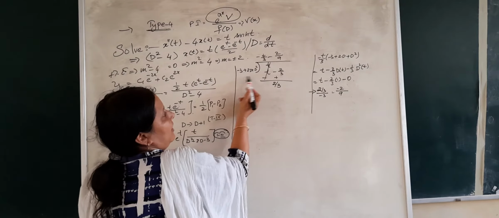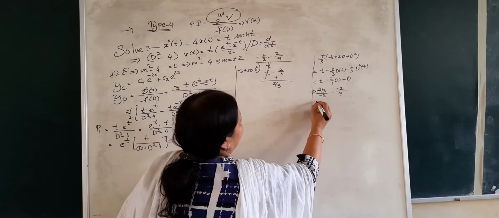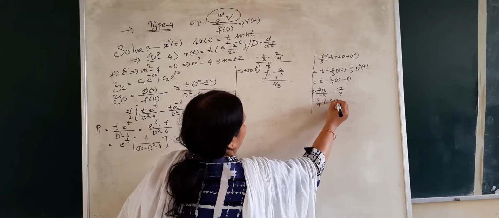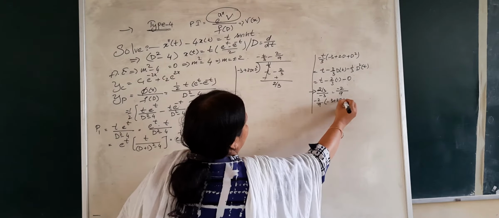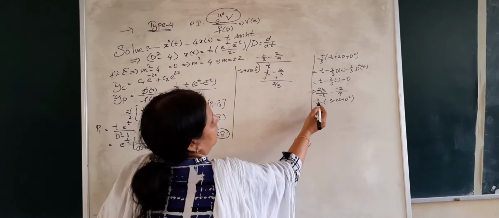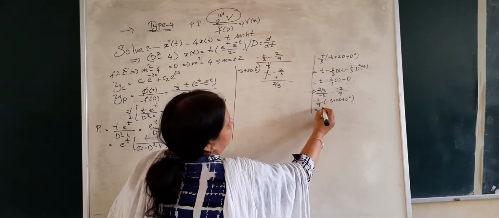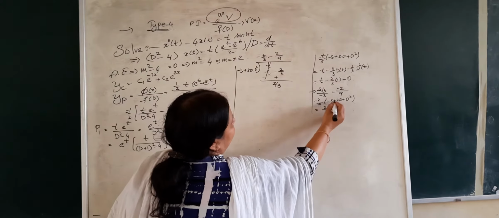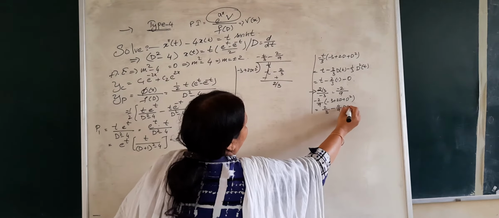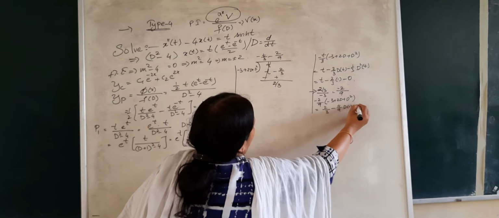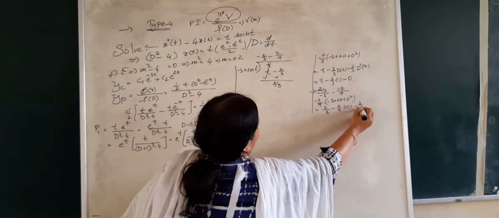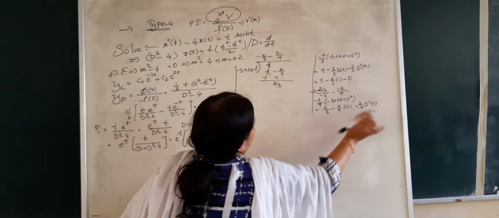Multiplying minus 2 by 9 with all the 3 terms here, we get minus 2 by 9 times minus 3 plus 2d plus d square. Simplify here: this is going to become plus 2 by 3, minus 4 by 9 times the derivative of 1, there is no variable, which is going to be 0 here also, minus 2 by 9 times the second derivative of 1, which is again 0.